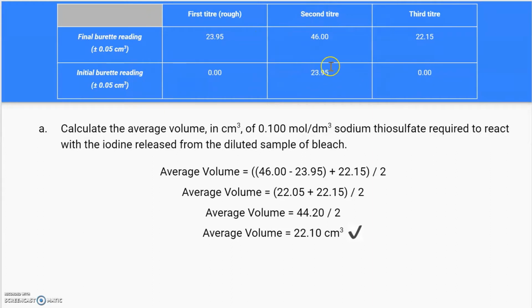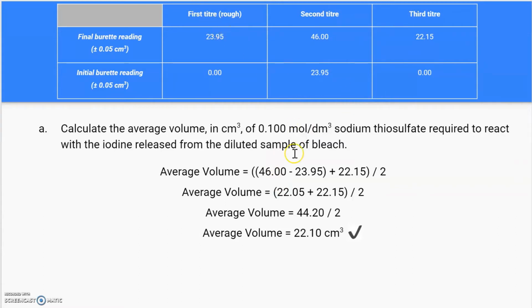Now, normally, if we were to run an analysis and calculate the average, we would take the average of the differences of each of the trials, each of the titers. However, the first titer is normally considered rough and is not taken into account when averaging and getting a result to be able to calculate with. So in this case, the averaging is going to come only from the second and third titers,